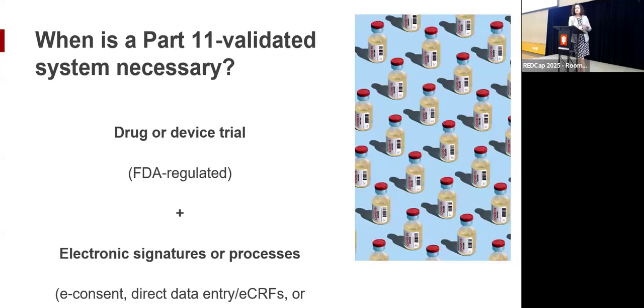So I've already sort of covered this. When is a Part 11 validated system necessary? When you have an FDA regulated study, which means a drug or device or biologic study, and you're using electronic signatures or direct data entry. So if you're working on a drug study and you're not using electronic signatures, you're not doing direct data entry,